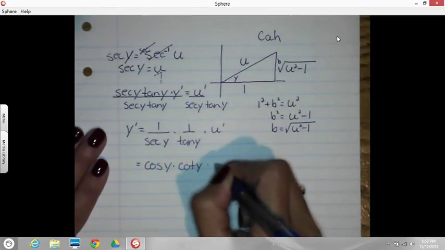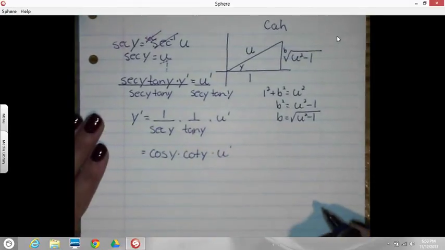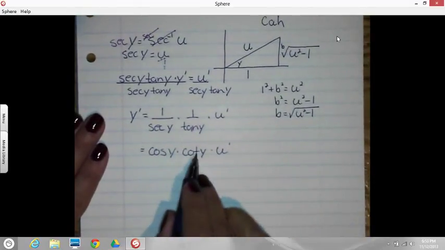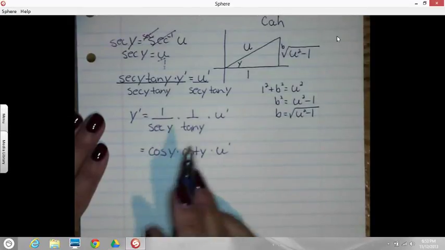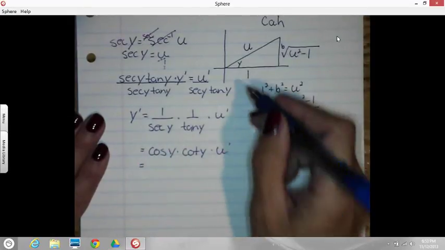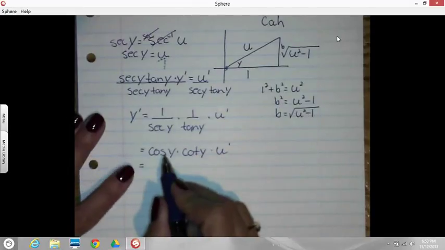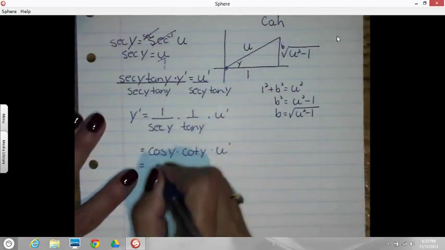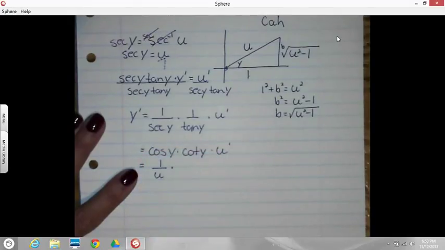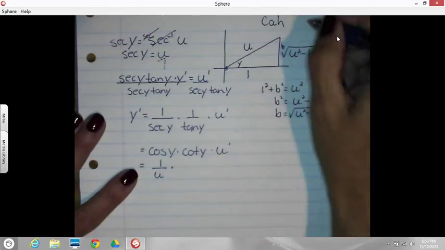Now all I've got to do is get rid of my y's by going to the triangle and getting the ratios in terms of u. So standing on y, cosine is adjacent over hypotenuse, and cotangent would be the opposite of TOA, so it's adjacent